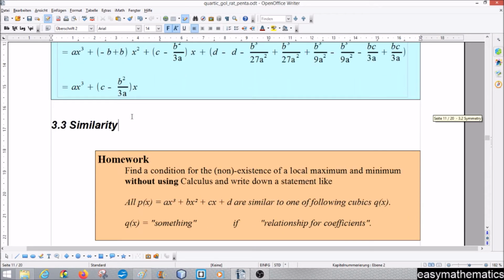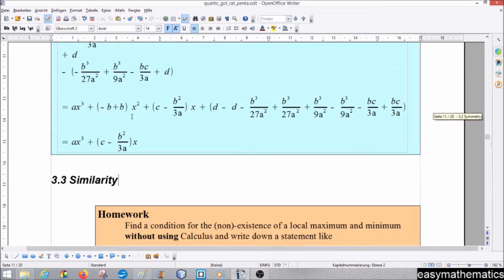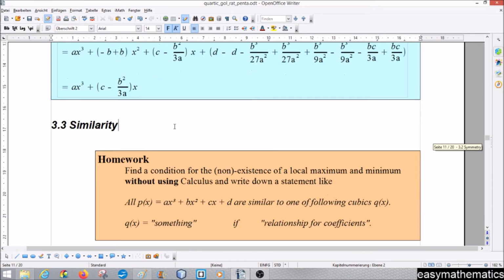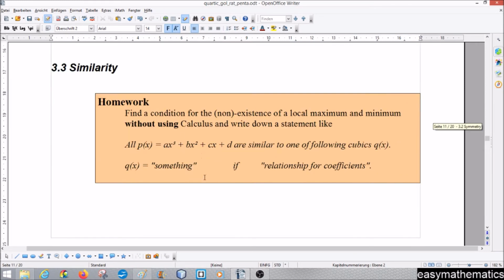Yeah, and also we can try to talk about similarity also for the cubics. Okay, so we know all cubics are point symmetric to its inflection point. So maybe it makes sense to find also some similarity properties. And this is a homework for you. Find a condition for the non-existence of a local maximum and minimum. So what I mean by that,